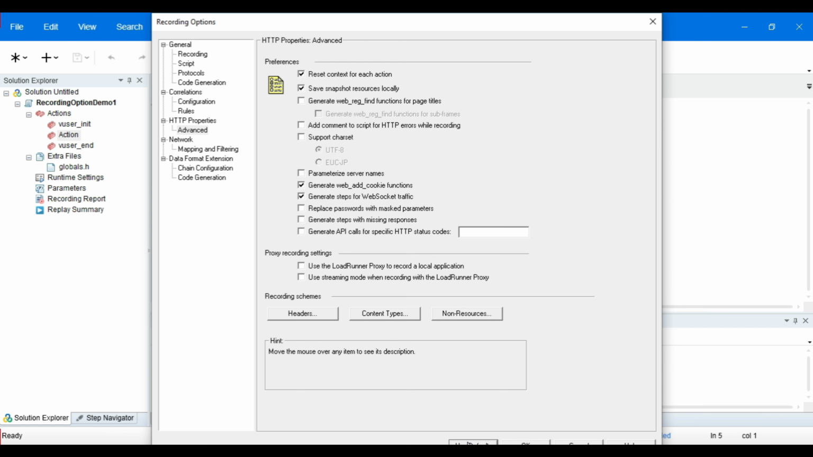So I'm now clicking on use defaults. Now these proxy recording settings are one of the very important options. The first option is use LoadRunner proxy to record a local application. This provides an alternative way to record if the standard Vugen recording mechanism is not compatible with your application, and this applies when you have selected to record a web browser or Windows application, and this needs to be unchecked